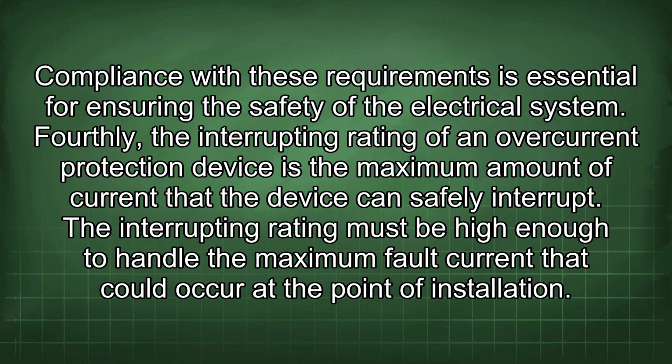Compliance with these requirements is essential for ensuring the safety of the electrical system. Fourthly, the interrupting rating of an overcurrent protection device is the maximum amount of current that the device can safely interrupt. The interrupting rating must be high enough to handle the maximum fault current that could occur at the point